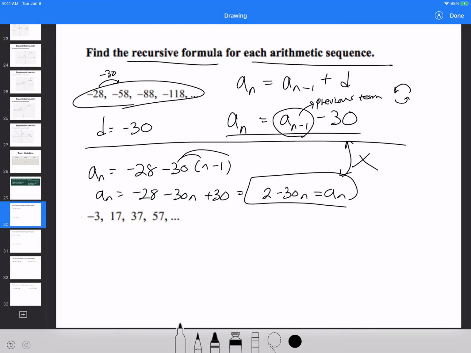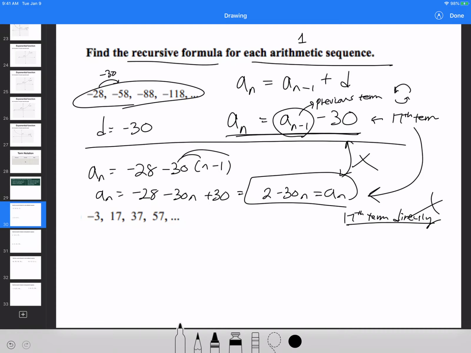So when I give you the recursive formula to find out the next term and so forth in the sequence, you cannot just simply say, okay, I want to use recursive formula to find out the 17th term. You cannot simply just plug it in to the explicit formula to find the 17th term directly. We can't do that. Because for this, the recursive formula, you need to start from the first term, because you